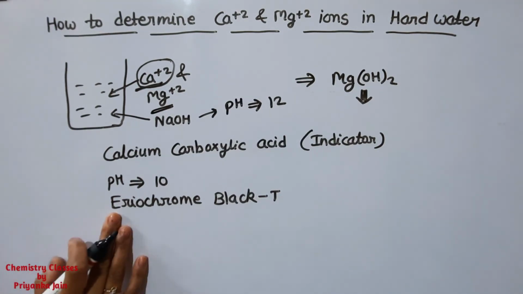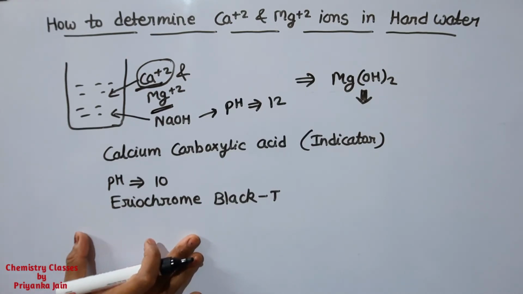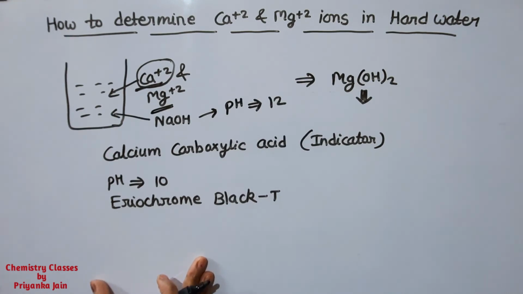Now the next things are the types of EDTA titrations: direct titration, back titration and displacement titration, and what masking and demasking are, and which type of questions are asked in the CSIR and GATE exams. We will see that in the next video, because this video is getting quite lengthy. So we will meet you in the next video and see some more things. Thank you.